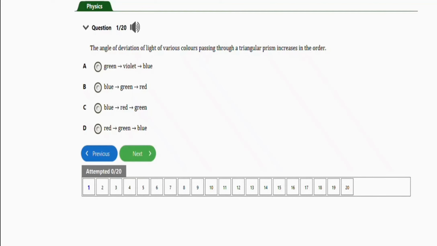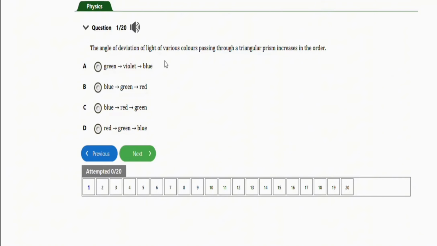In this video, we're going to learn how to solve these JAMB Physics repeated questions under dispersion of light and colors. This is a subtopic in refraction of light. So we're going to practice with 20 repeated questions for this subtopic. Let's get started. The first question I have here says the angle of deviation of light of various colors passing